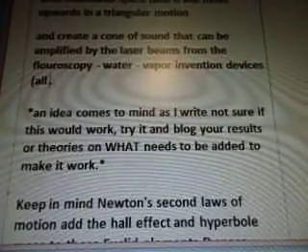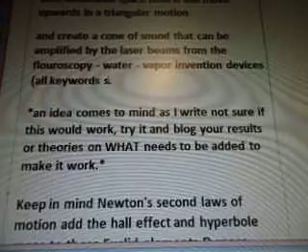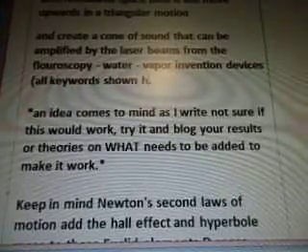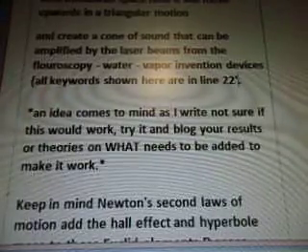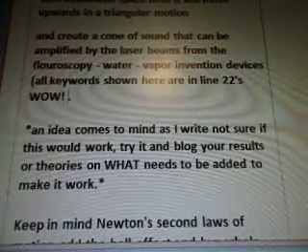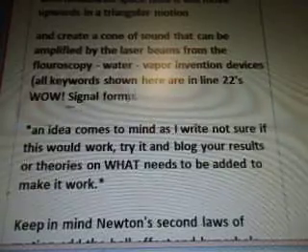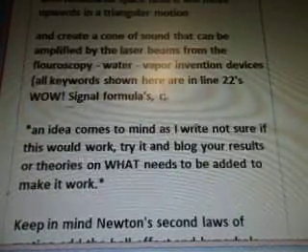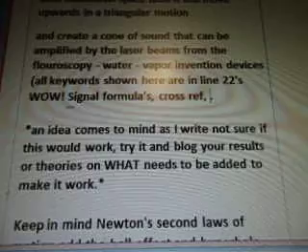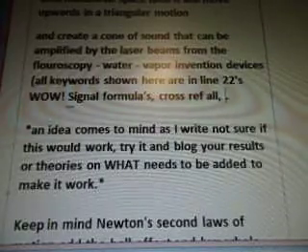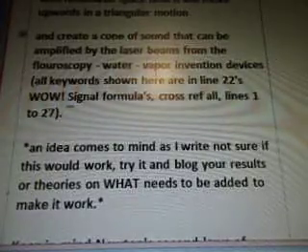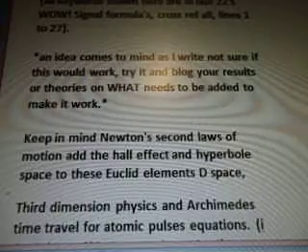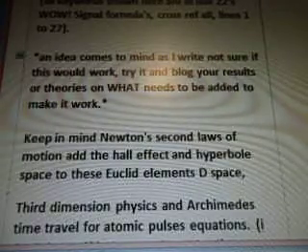Okay, all keywords shown here. Here are in line 22's WOW signal formulas. So I'm going to cross-reference them all. Cross-reference all lines 1 to 27, which we're going to do at the end anyways. So, an idea comes to mind as I write. Not sure if this would work, but we're going to try it. I want you to try it